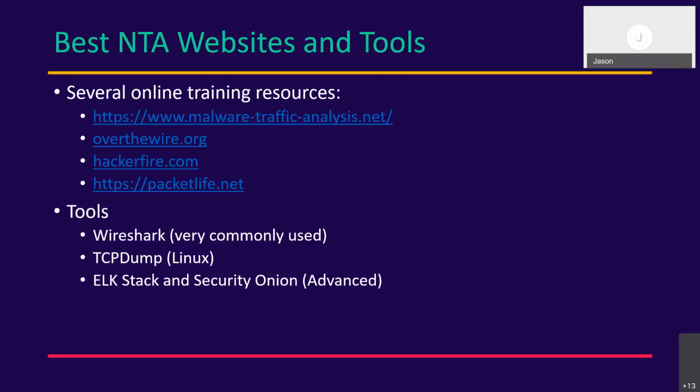And then Security Onion is another tool. It comes in one sort of prepackaged virtual machine that you can download. And actually, I believe the latest version of Security Onion includes the Elk Stack. So if you guys play around with Wireshark and you realize that network traffic analysis is something that you enjoy and you want to do, Security Onion and Elk Stack is the next sort of logical step in furthering your skills with network traffic analysis.